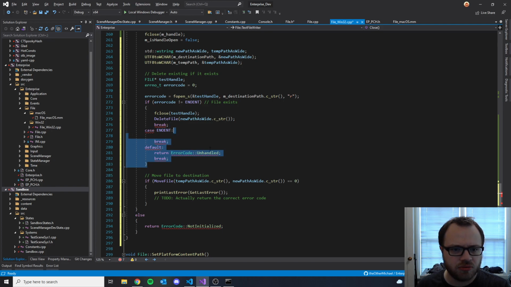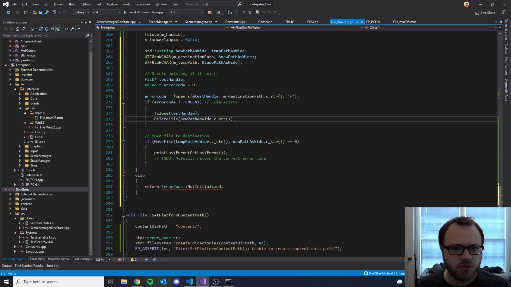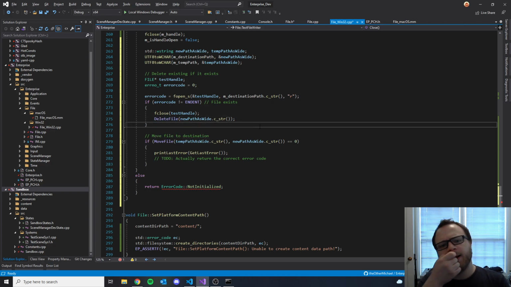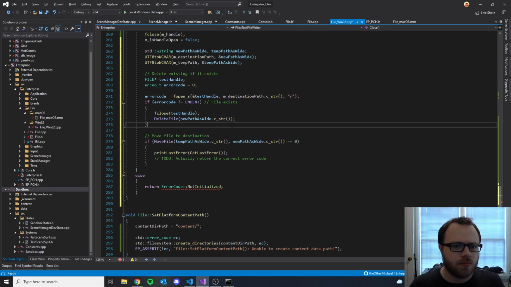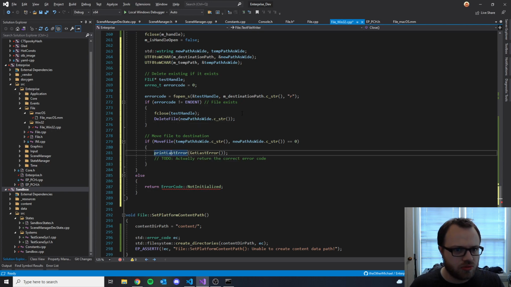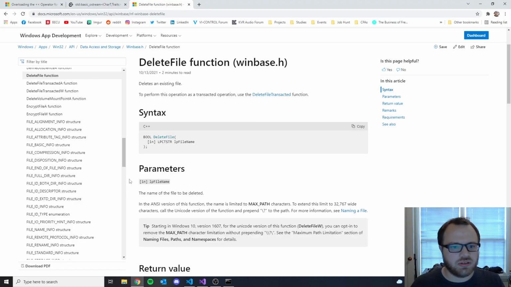And then we'll need to handle that call for delete file if there's a problem. Okay. And then from here on, we'll just handle move file as normal. Okay. So delete file, let's take a look at its,